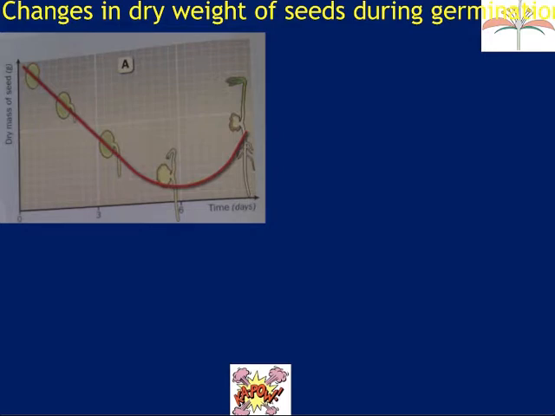Is it when the plant germinates? It is, but what is happening to the line? Is the line going up, going down, staying the same? No. It's going down. So as your plant is germinating, the dry mass of the seed is going down along this line. Why might the mass of the seed be decreasing? What is the seed doing in terms of the things that we did yesterday?